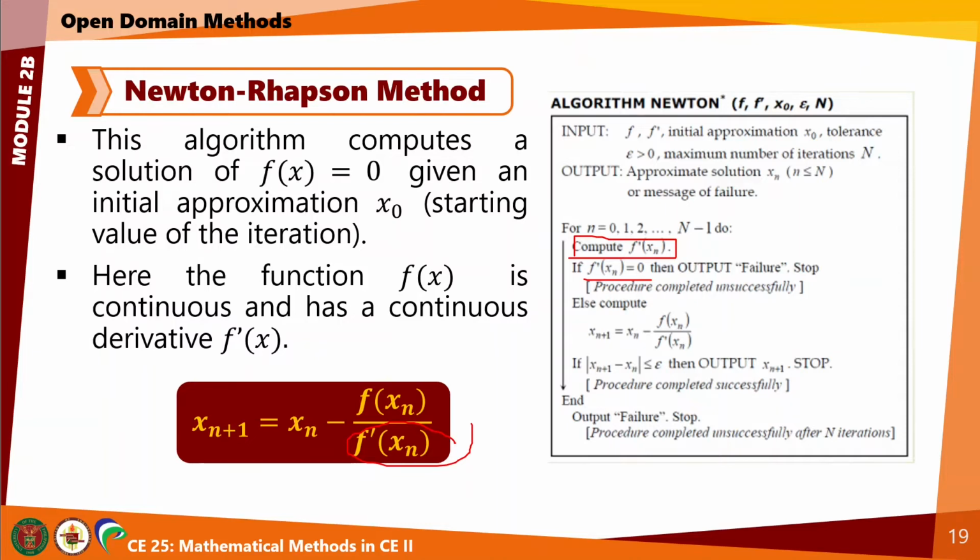Pero kapag non-zero naman, isosolve niya na itong equation natin. Solve mo yung function value, solve mo yung value ng first derivative sa initial point natin, and then subtract natin yung quotient na yun from the una nating guess. Okay, and so on and so forth, hanggang sa titigil lang siya kapag yung